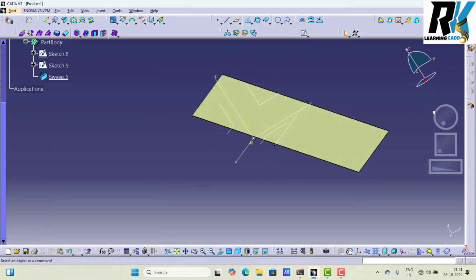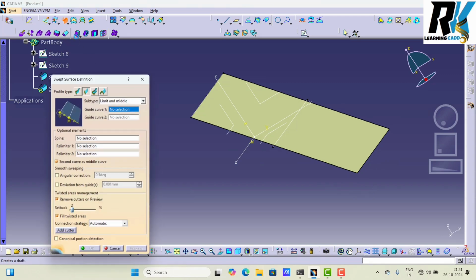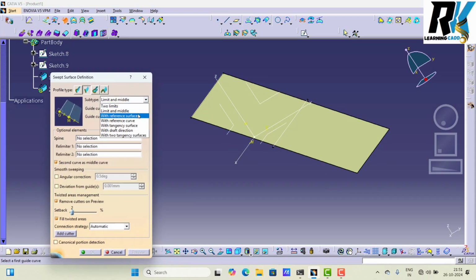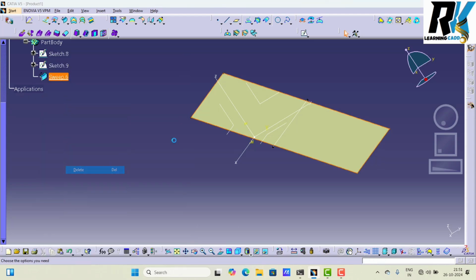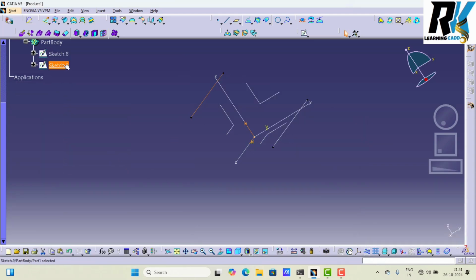Now we proceed to the third option. So here go and select. See what the third option is: with reference. Guide curves, reference surface and angle. This one I delete, this one also I delete, this one also I delete.